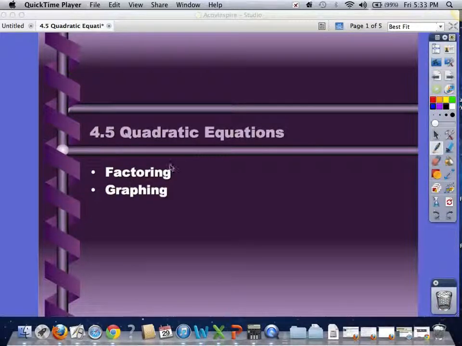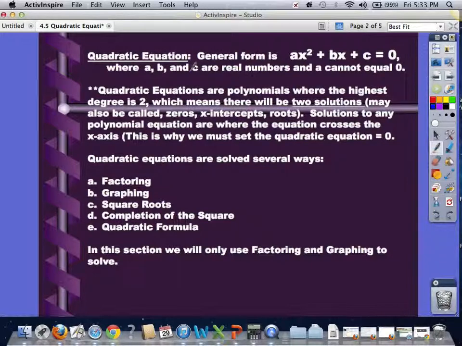4.5 quadratic equations. In this section we're going to talk about factoring, which we just finished a whole unit on, and graphing. And we're going to be solving with those. Alright, so the first thing you want to do is a quadratic equation is in the general form ax squared plus bx plus c equals 0, where a, b, and c are real numbers and a cannot be equal to